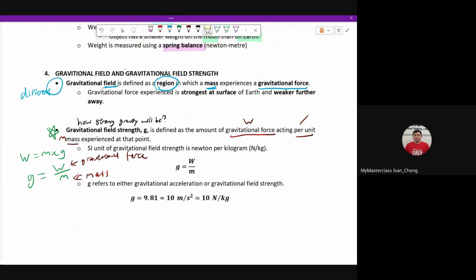And sometimes you will see that g, sometimes I call it gravitational acceleration, sometimes I call it gravitational field strength. They are actually exactly the same thing. 10 meters per second square or 10 newtons per kg. They will always be this number fixed. Okay, unless your school says otherwise, except for particular schools like RI and RGS, other schools will all use 10 meters per second square or 10 newtons per kg. If you are from RI or RGS, you have to use 9.81 meters per second square or 9.81 newtons per kg. Really depends on your school itself, what's the number that they use. Okay,